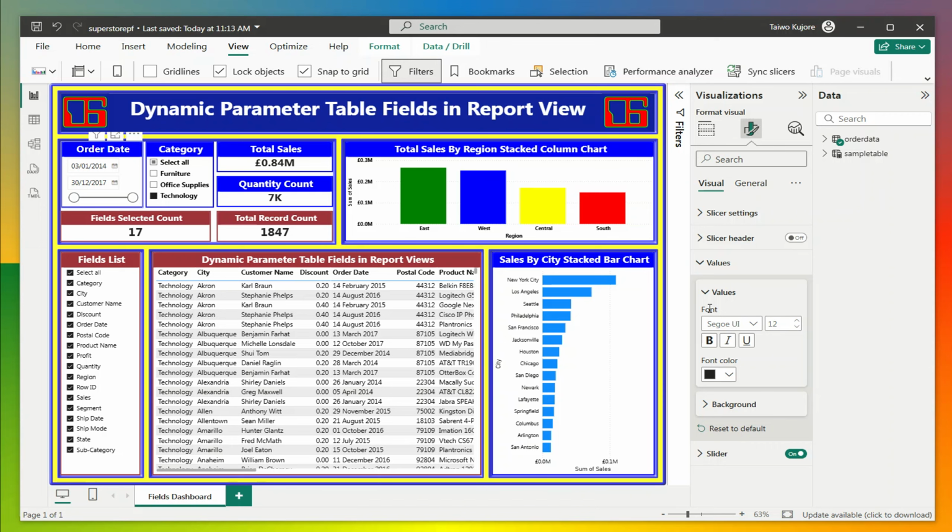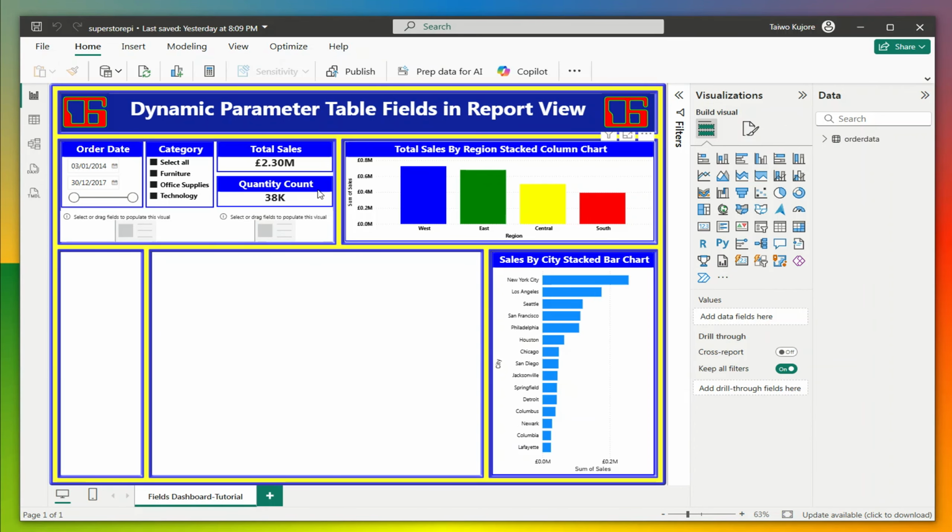Now, the next thing to do is to load the template. So it's loading. Our template has loaded successfully. This is our template. These are the two areas already allotted space for the field list and the table. So the first thing to do: go to modeling, click the arrow down on new parameter,